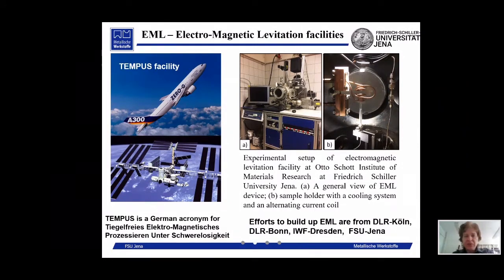to the other facilities. For instance, in Jena, we have a stationary electromagnetic levitator. In Cologne or in Dresden, colleagues have a non-stationary electromagnetic levitator, which can be established to the X-ray or synchrotron investigations of their droplets, so in situ measurement of microstructure of overheated or undercooled droplets in order to find cluster structure, or to answer the question whether the cluster structure can be transformed and structural transformation exists in overheated